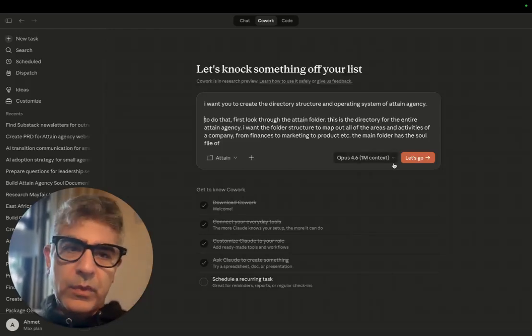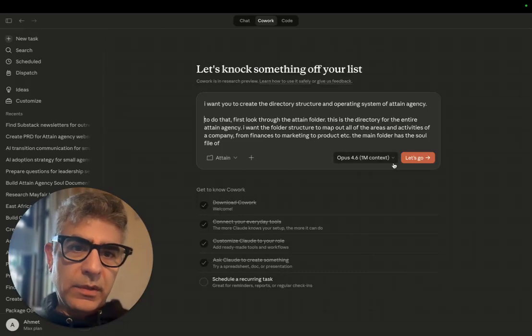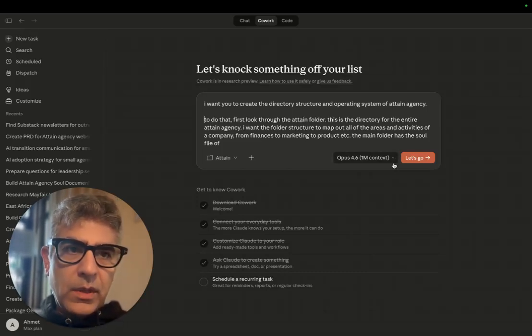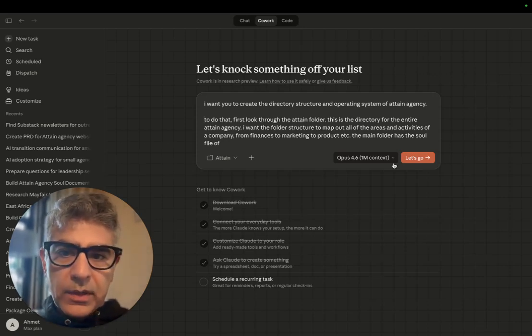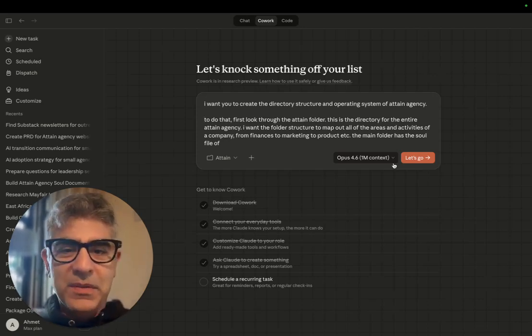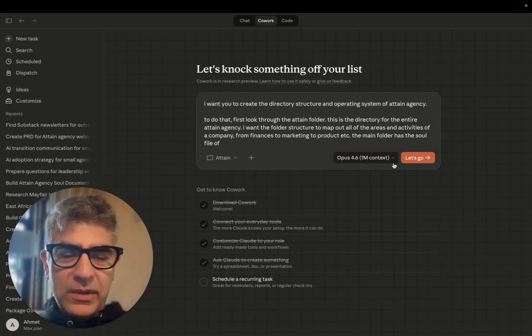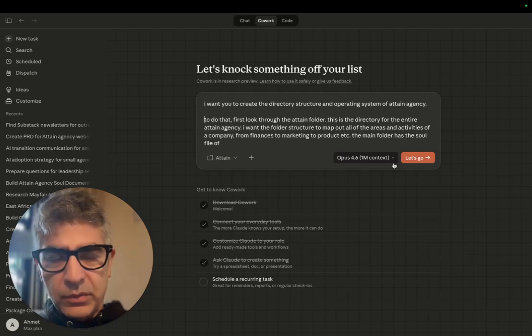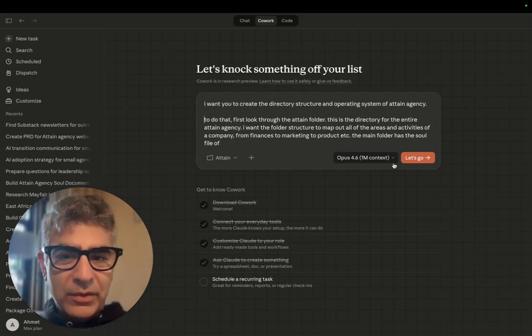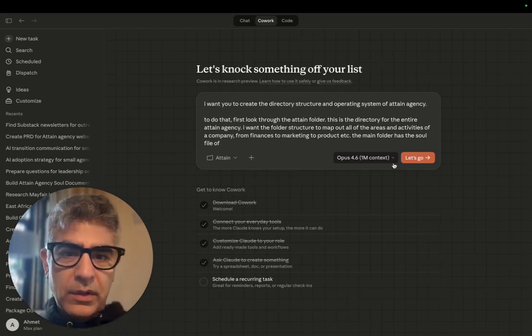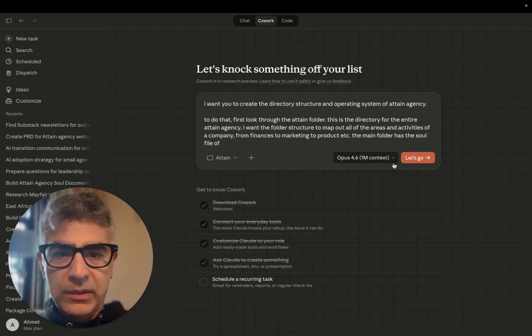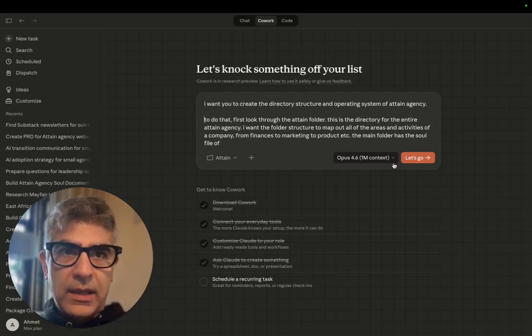Okay, so over the past couple of weeks, I built out the agent operating system of the company, but it's become a bit chaotic and unwieldy. Obviously, I don't want to rebuild everything from scratch, though that might be something I'll have to do. In any case, what I want to do is for Claude Cowork to look through the directory structure and then